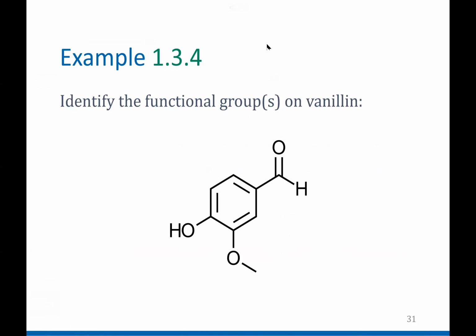Sorry, Zoom is good and Zoom is bad at the same time. Sometimes it's easy to use. So